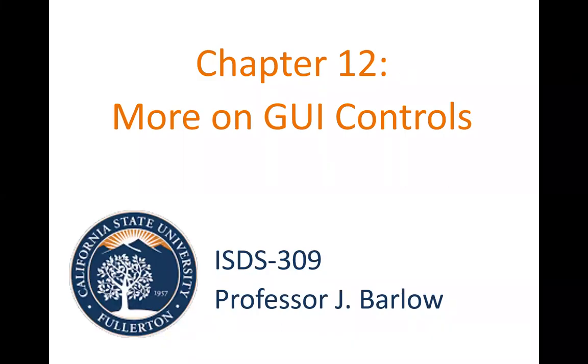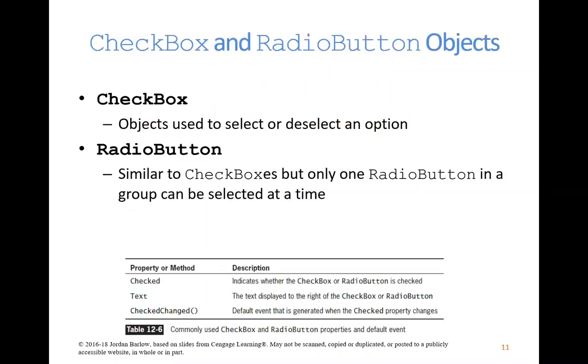Okay, this is part 2 of the Chapter 12 materials, where we're talking more about controls that you can put on graphical user interface applications. And in this video, I'm going to be demonstrating an example of how to use the checkbox and radio button objects in your applications. I'm going to mention some other controls